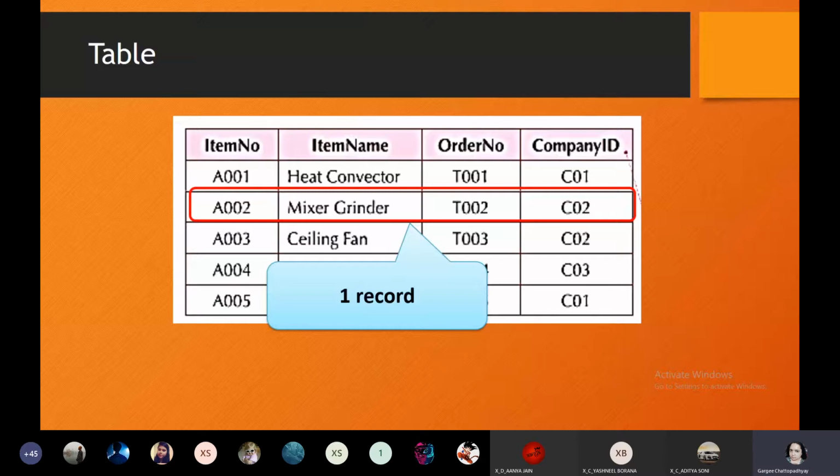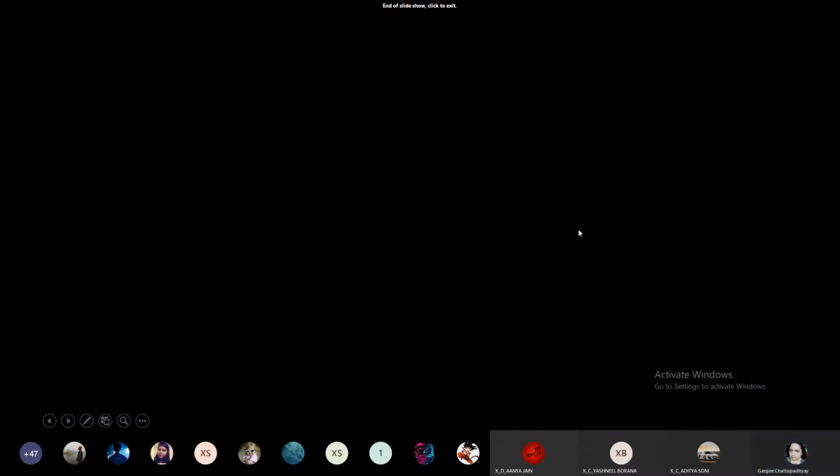One record is a collection of data values pertaining to all the fields. You can see this record contains data values for item number, item name, that is mixer grinder, order number, company ID. Likewise, you have all the 5 records containing all field values as well.